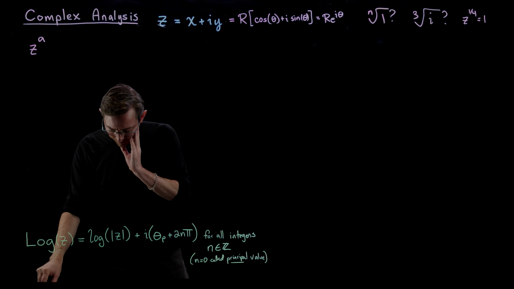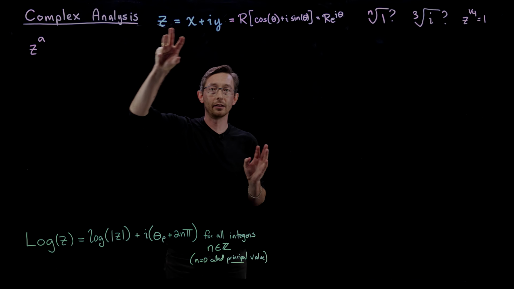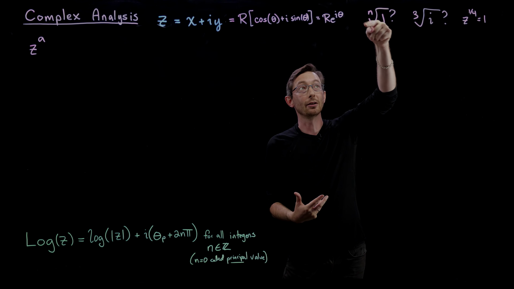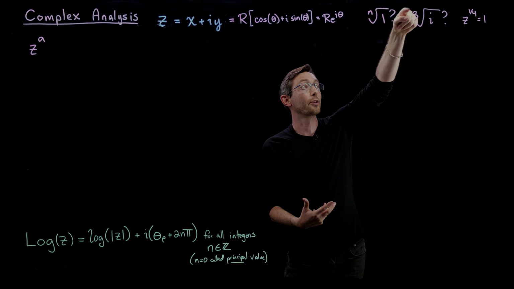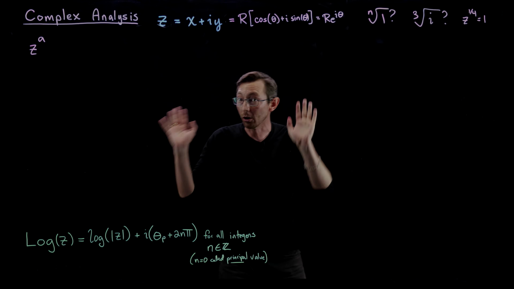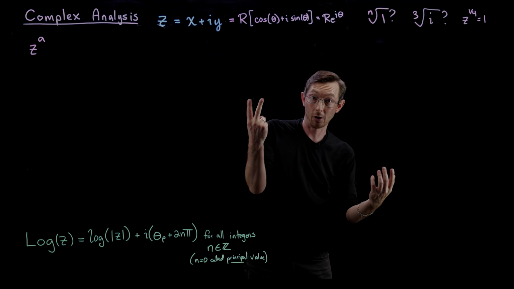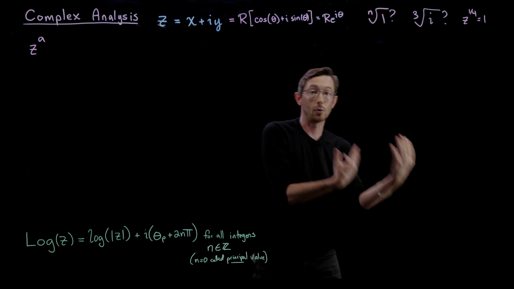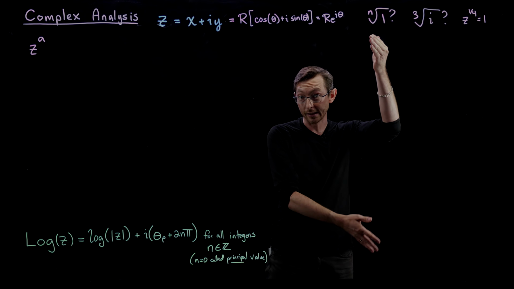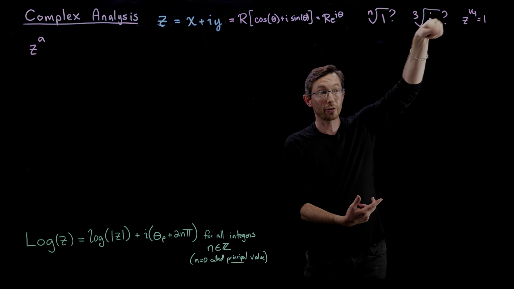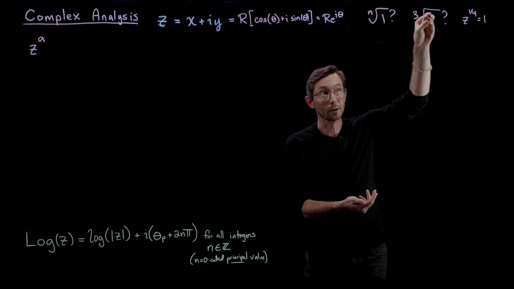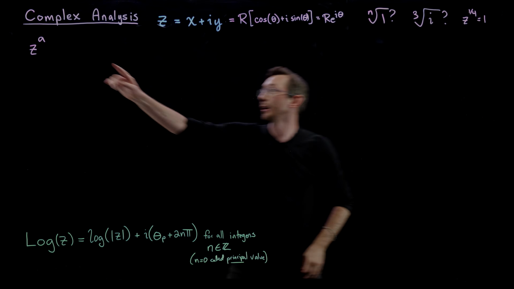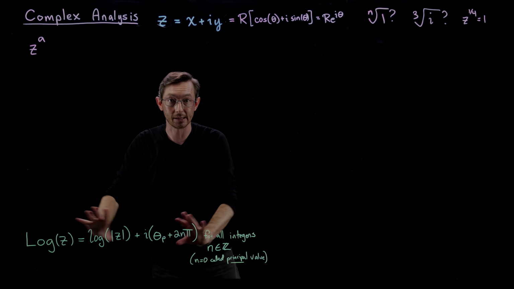So maybe the first thing I'll do is tell you how we're going to analyze these functions, because it's going to allow us to compute the n roots of 1 or the 3 roots of i. We already know that there are 2 square roots of a number. The square root of 9 could be +3 or -3. The square root of -1 could be +i or -i. Similarly, there are 3 cube roots of any complex number. There are nth roots of any complex number z,